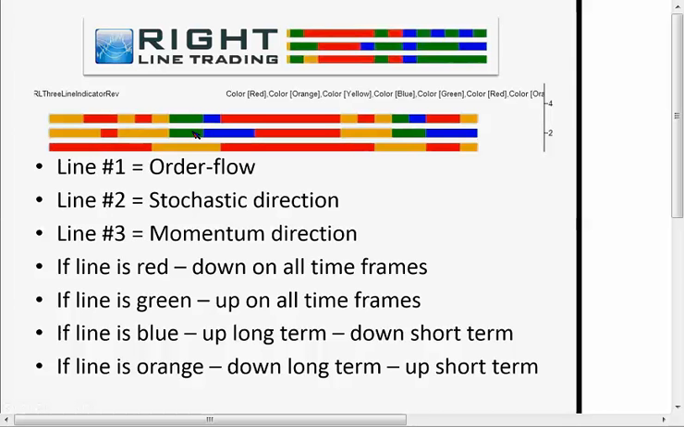Now, what we did is we don't take anything for granted that people tell us. Everybody tells us how important stochastic is, not to buy an overbought or oversold market, and to use stochastic as a parameter to define an oversold or overbought market. So what we did is